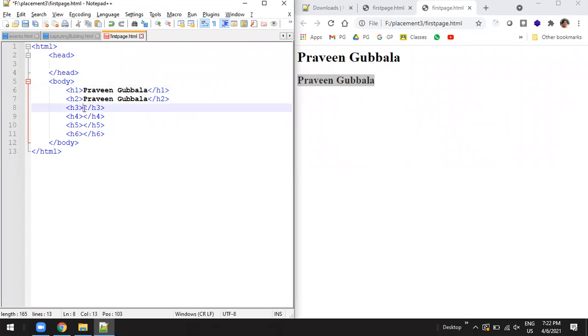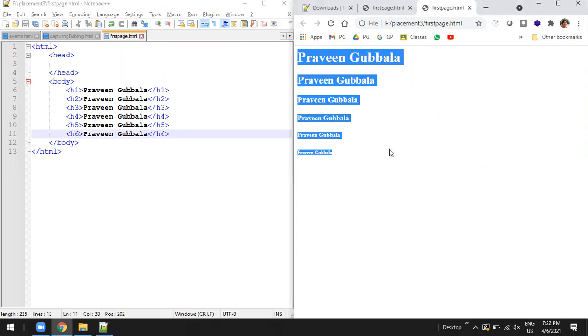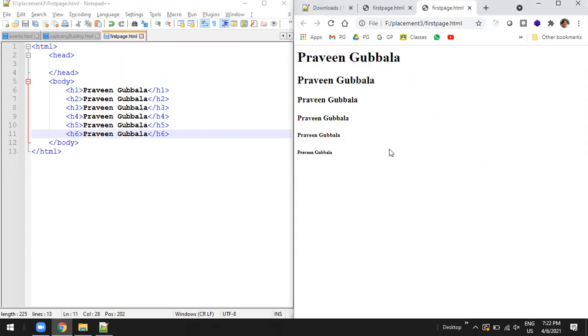Copy, paste, save, and refresh the page. You will find all the different header elements and their respective content. Okay, these are basic elements.